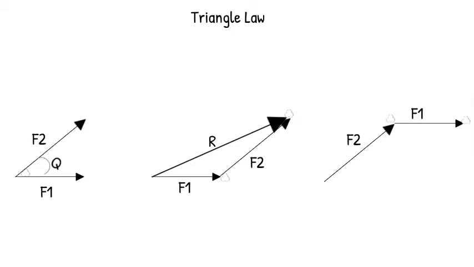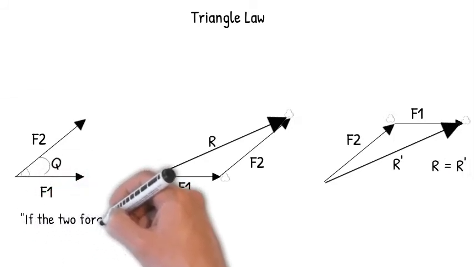And similarly, we can find out the resultant from the origin of the first applied force to the end of the last applied force. Here we will get the resultant R dash. Now what we found out is that it is independent of which force you start with. So here R is actually equal to R dash.